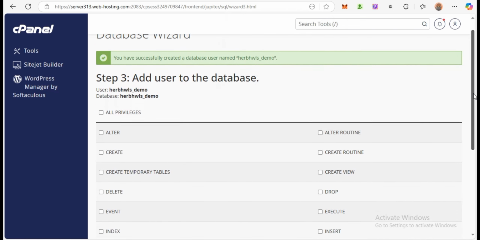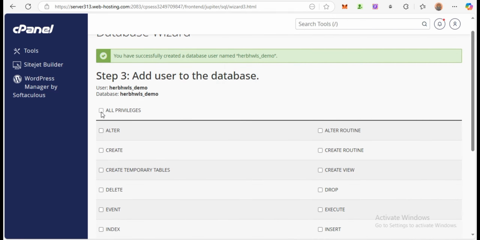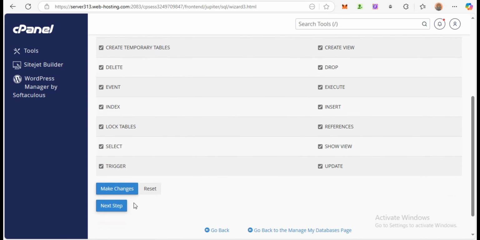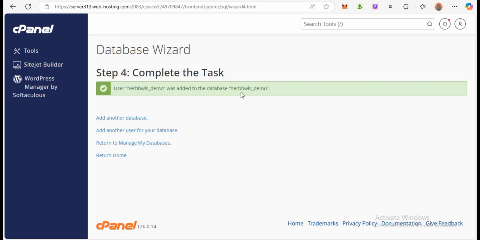Now once it gets to this page, you click on all privileges. Now what this means is for you to be able to have the access to edit, delete, and do whatever. Okay, so we've created our database. Now that we've created our database, we'll go back to cPanel